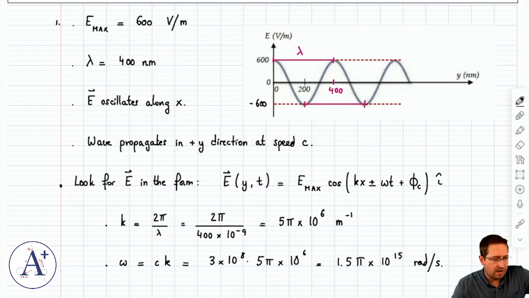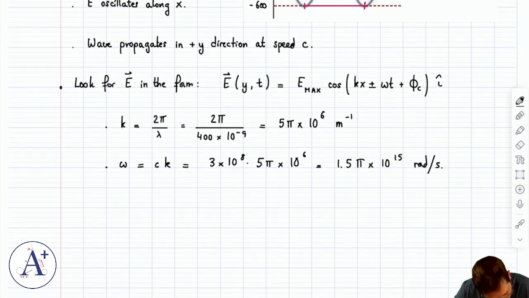Then we're going to have plus or minus omega t, right? Well, that's going to be minus because we're propagating in the plus y direction. Okay. So we choose